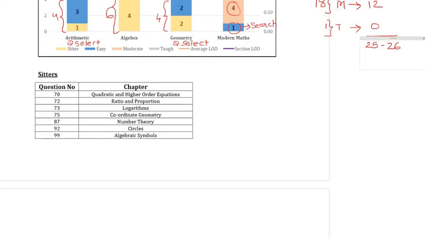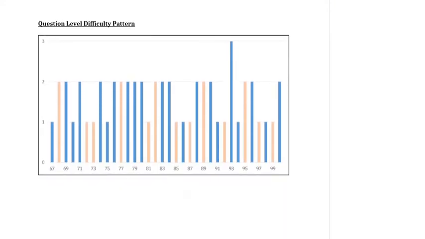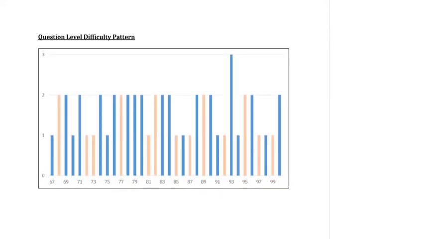Let's move on to the third graph here, which we showed for all sections earlier. Here, this lists the questions of this section by LOD. The blue bars indicate the MCQs, the orange or pink bars indicate the TITA or non-MCQ questions. Now, why is this graph important? In a lot of CAT mocks, you will see that there are certain stretches where you have easy questions put back to back. In this particular mock, unfortunately, there are no huge stretches that way, but still you can see that there are these parts where you have,